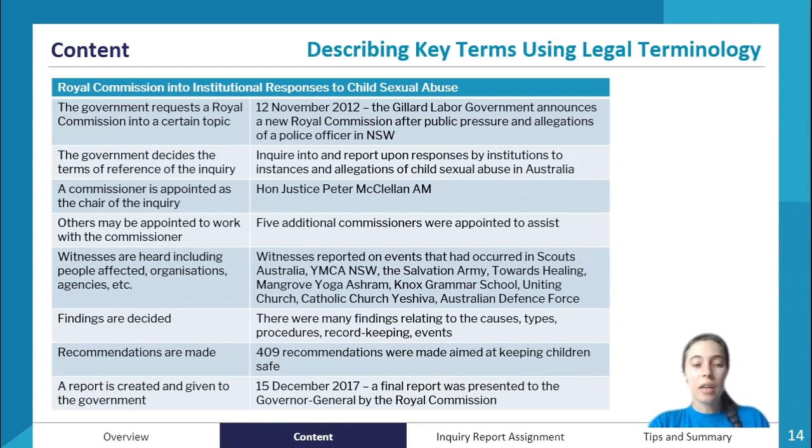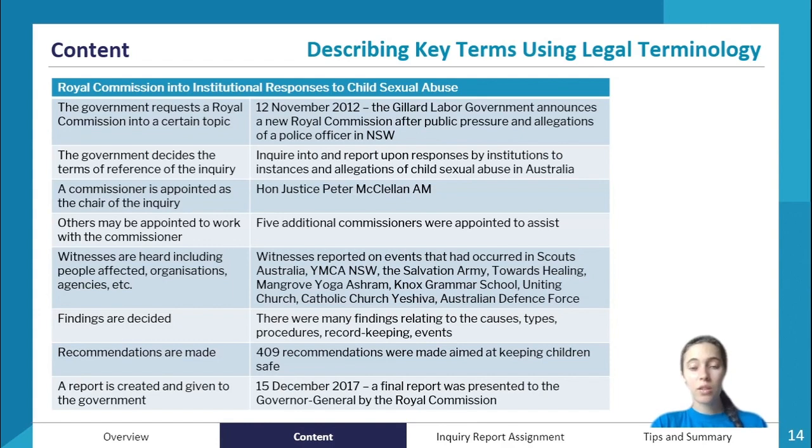So here is an example of all of those steps laid out with an example alongside it. So in 2012, the Gillard Labor government announced a Royal Commission after public pressure and allegations of a police officer in New South Wales. So this Royal Commission was into institutional responses to child sexual abuse. So you can see how we've got the government calling that inquiry, and the next step was them determining those